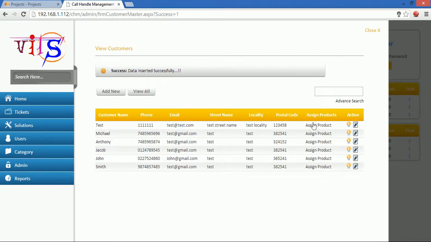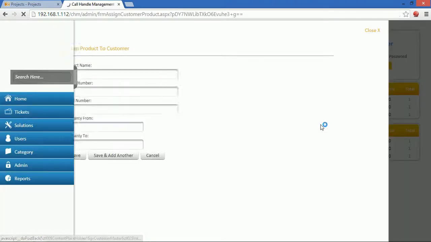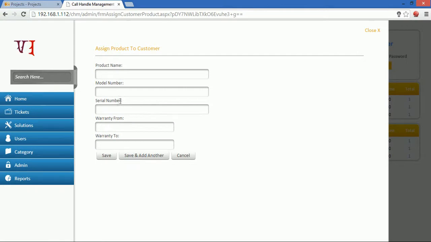If you want to assign a product to this customer, then just click on the assign product link in this listing. Just click on assign product, and here you can see the products assigned to the customer. Currently there are no products defined for this customer, that's why you cannot see anything.